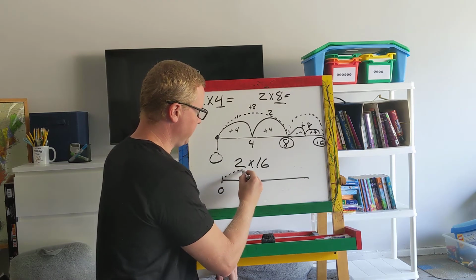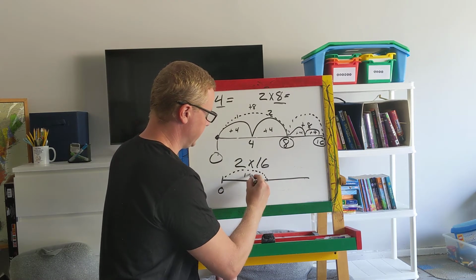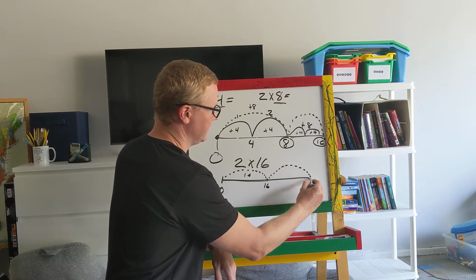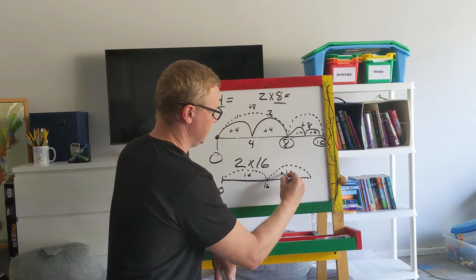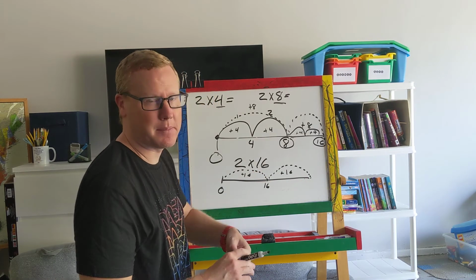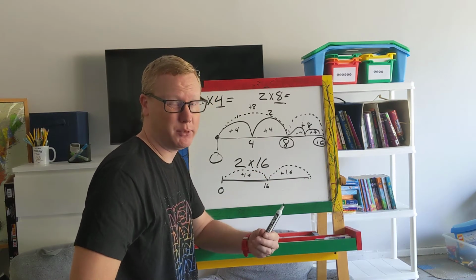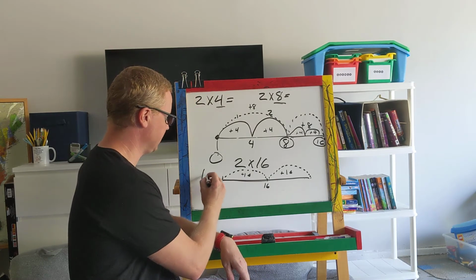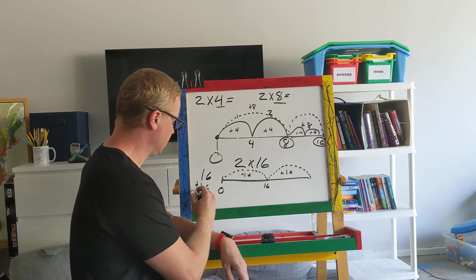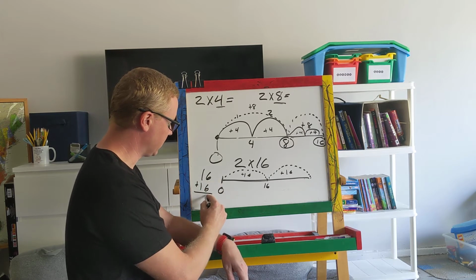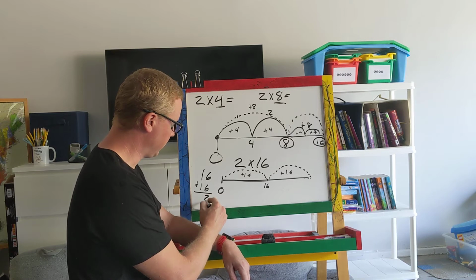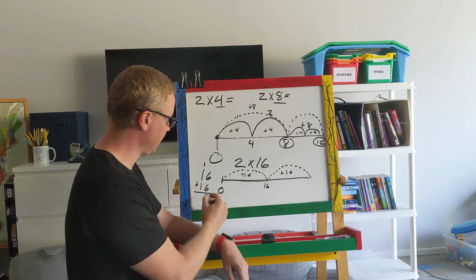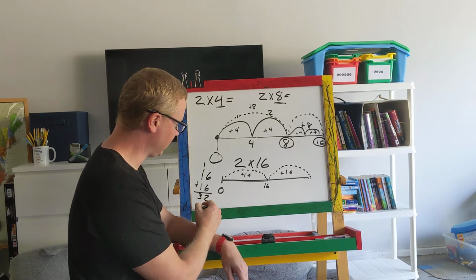So if I do 1 jump of 16, I'm at 16, and I have to do another big jump of 16. This is where the math becomes less efficient, because now I'm adding some pretty big numbers in my head. So 16 plus 16, if you don't know it, you can do it here on the side. 6 plus 6 is 12, but we can't add the 1 down here, so I put that tens in the 10 spot. I have 3 tens for 30, so